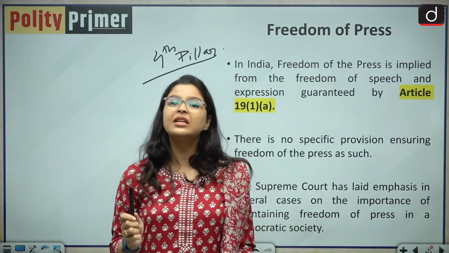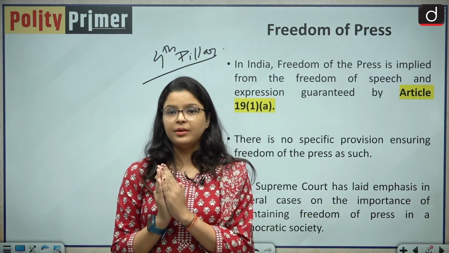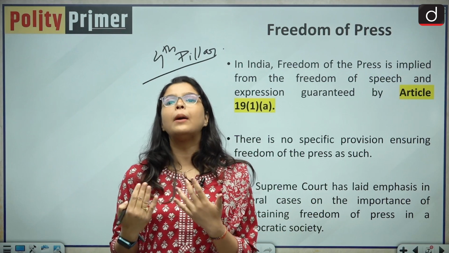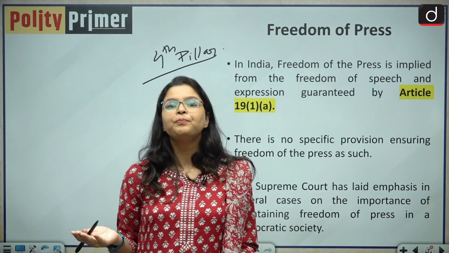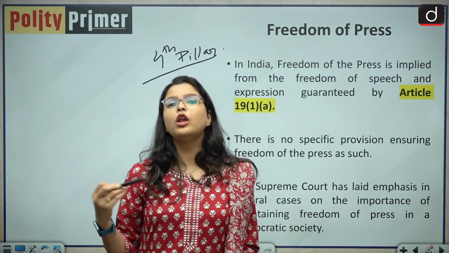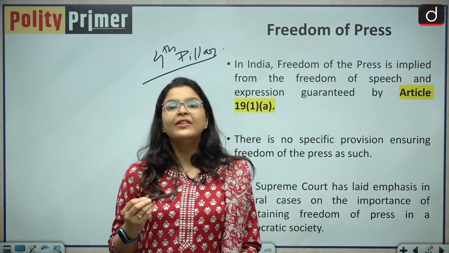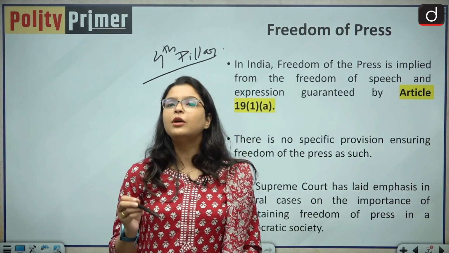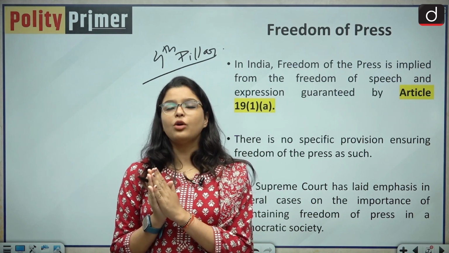In any democracy, there has to be a freedom of press, because without freedom of press, how will you come to know about the information that is being spread? And to know about all of the current happenings in the country, we need freedom of press,